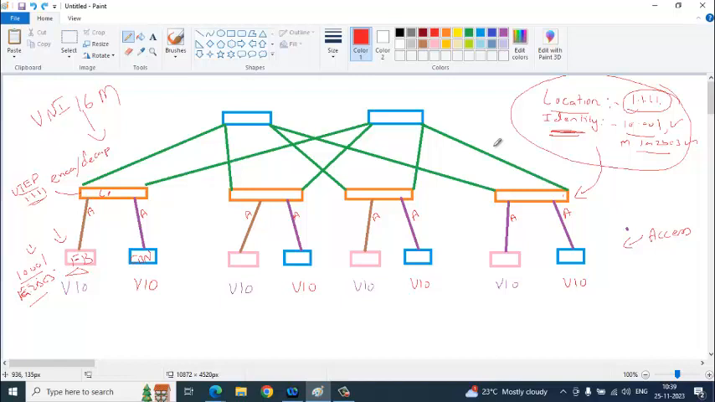Okay. So in order to build this database, what database? Location identity mapping database. To build this table, all the switches need to know which end host is connected behind which location, which identity is seen behind which location. They all need to know that. To know that,